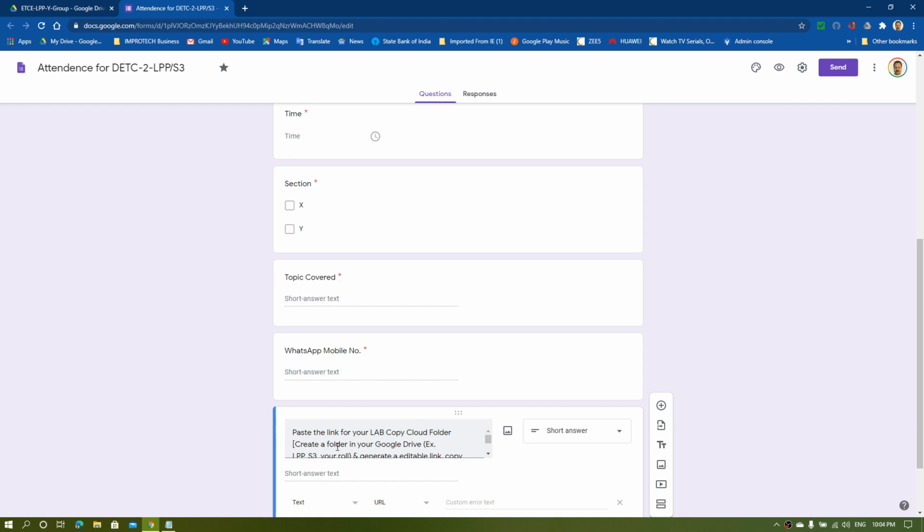For example, create a folder in your Google Drive as I already showed you, and how to rename your folder. Here is the example, and generate an editable link and copy that link and paste it here.